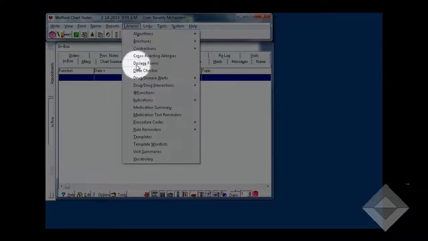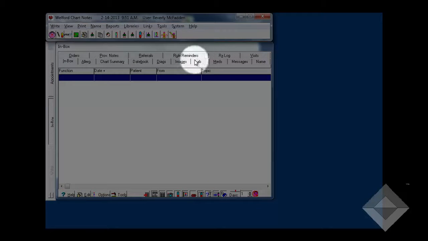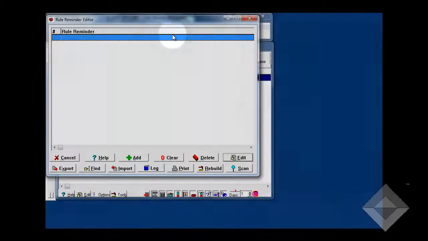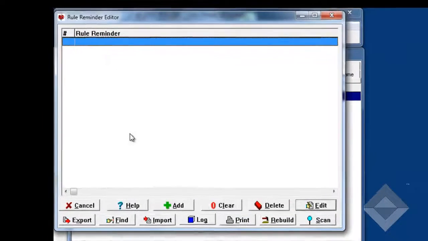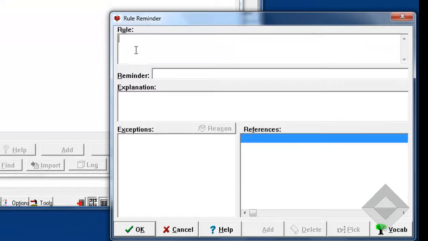To edit rule reminders, press Libraries, Rule Reminders, Edit, or click the Rule Reminders toolbar button. Currently, the list of rule reminders is empty for this user. Click Add to add a new rule reminder. We're going to write a new rule reminder to remind us to order a hepatitis C antibody in the proper